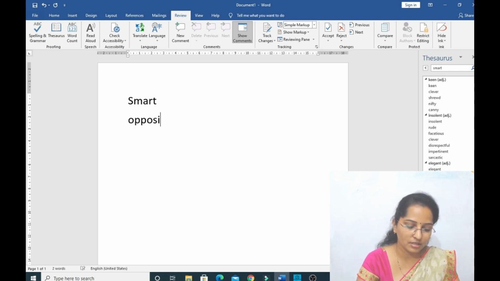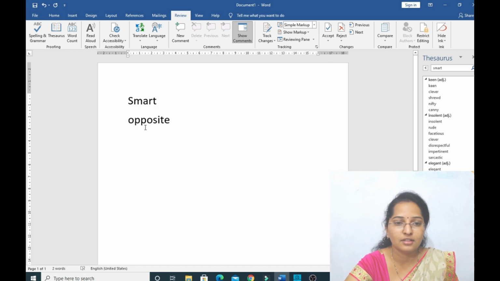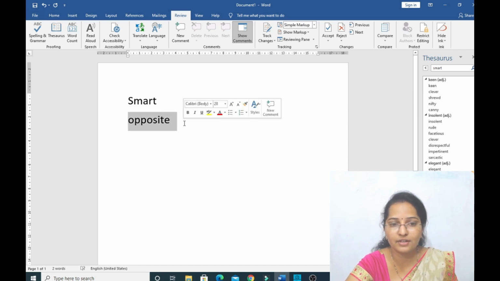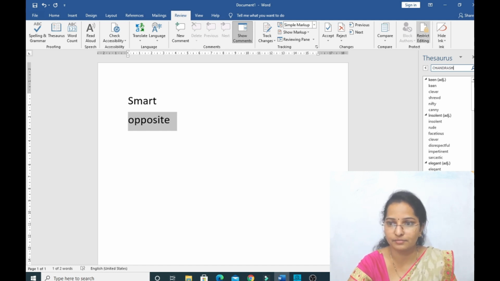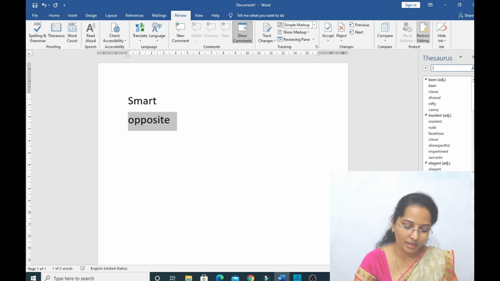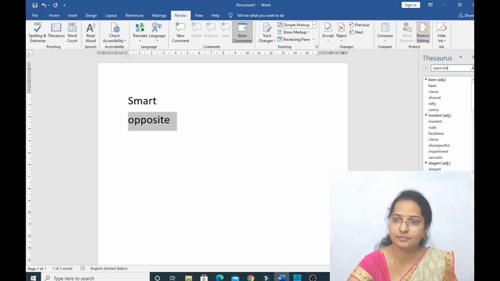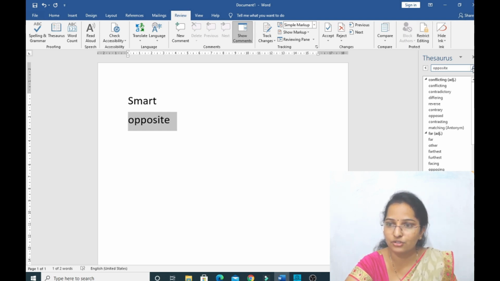Opposite. I want to search the similar meanings for opposite. I will take like this. What I will do, I will paste like this. Opposite. What I will do? I will search.